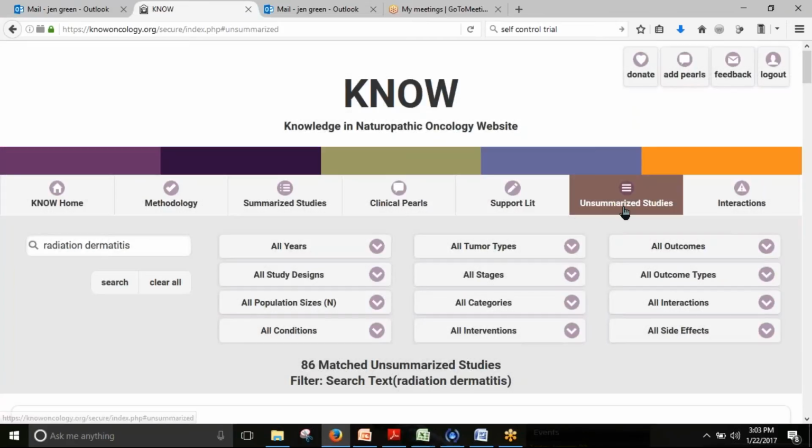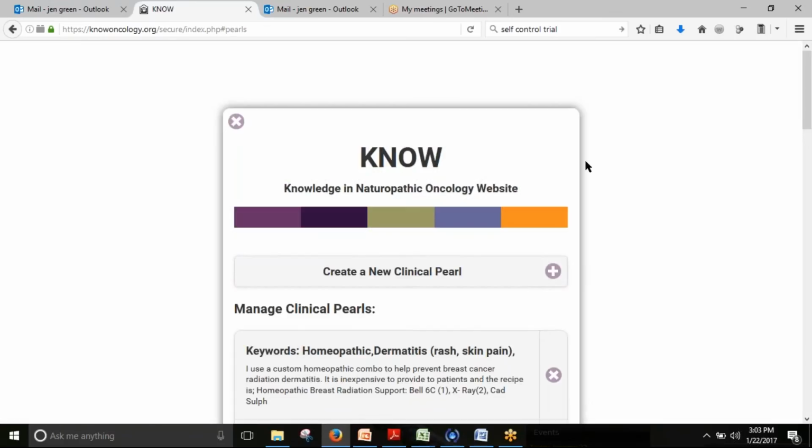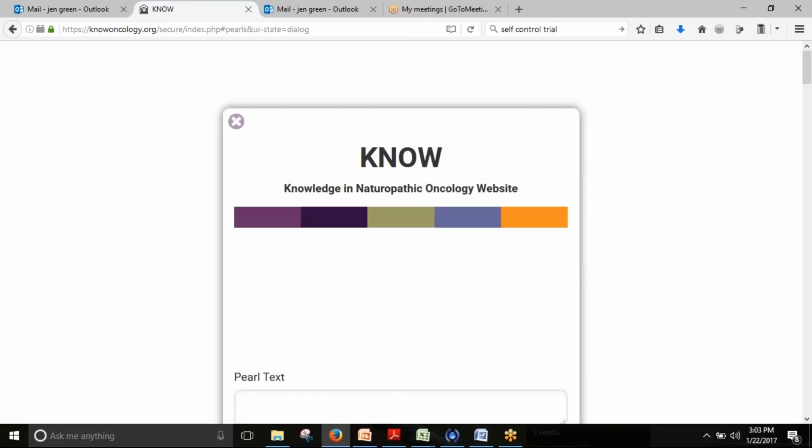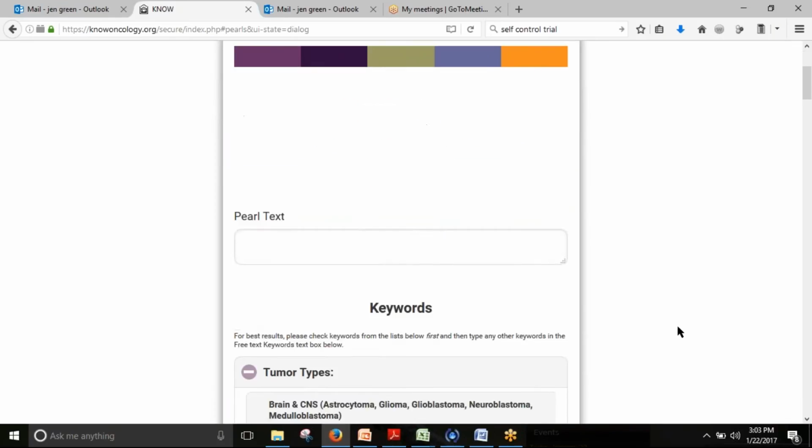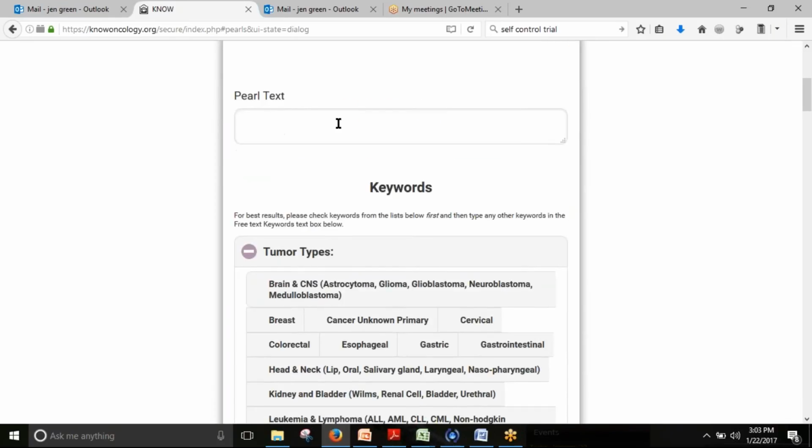I wanted to show you one last piece, and that is how to add a clinical pearl. Up here in this top right corner is the clinical pearl button. After we click on it, we scroll down to enter the text,